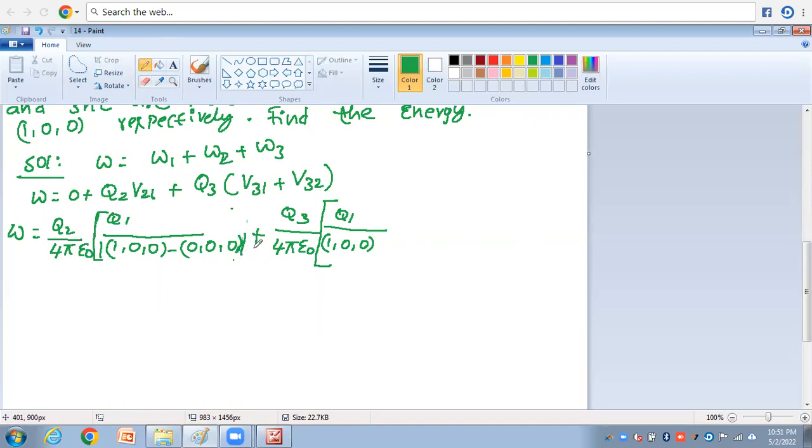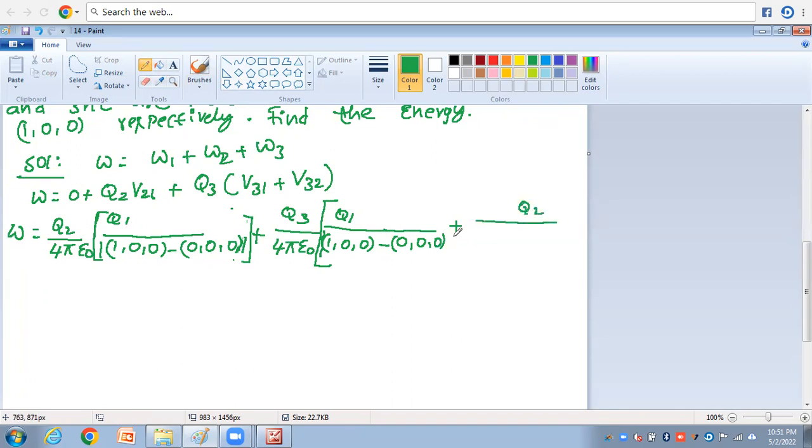Okay. Mod. Very painful. Here also can take mod 1, 0, 0 minus 0, 0, 0. Another point. Same. Take long line plus